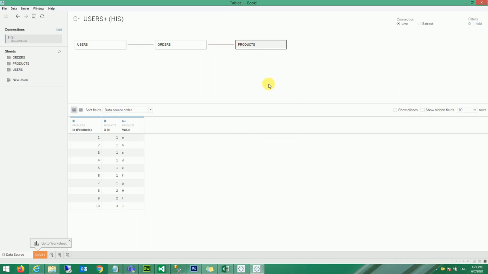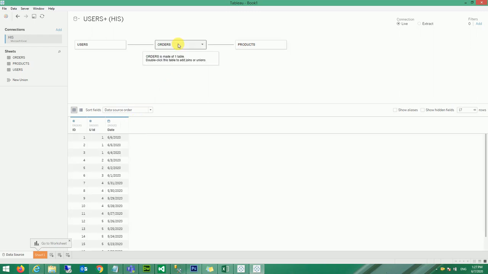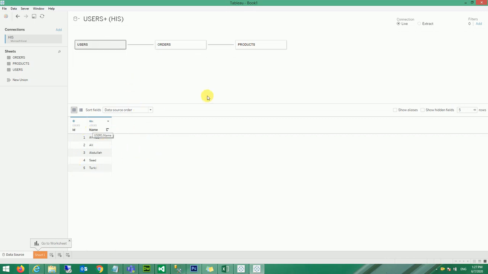You notice something: when product is selected it shows only the product data. When you select order, it will show only order data. When you select the user table, it will show only user table data. So this is the new change. Although the relationship has the same relationship which we use in the join conditions, most of the time it works absolutely fine. But this is the unique thing. Previously Tableau merged all the data and made it one table, and now in relationship it keeps the separate tables, but with the join conditions.